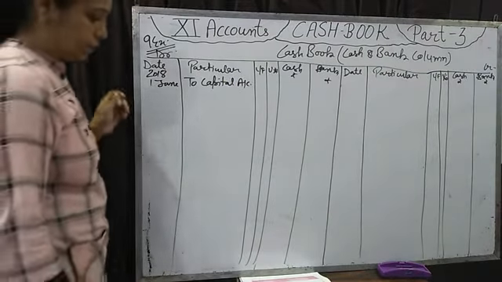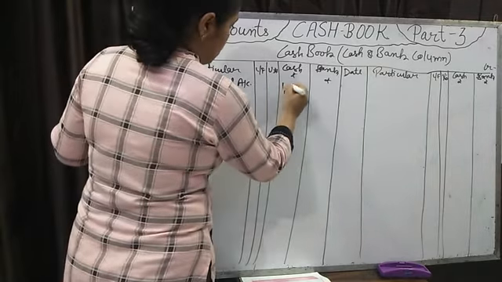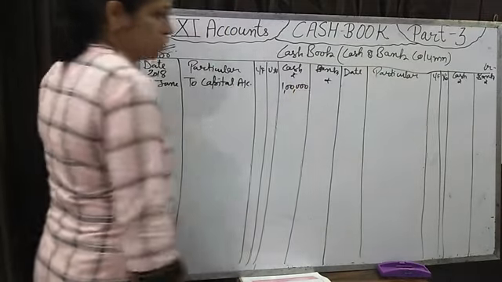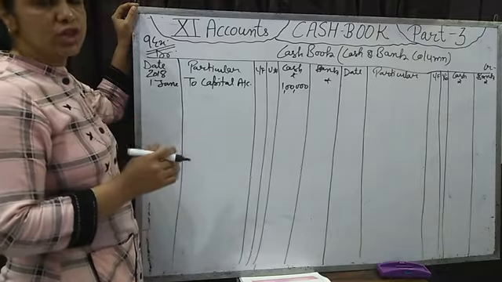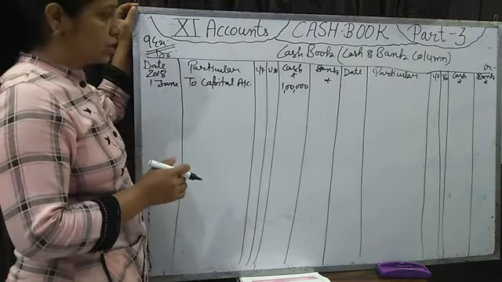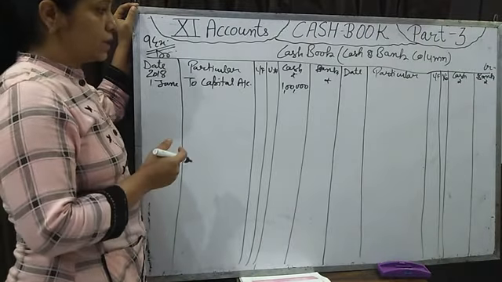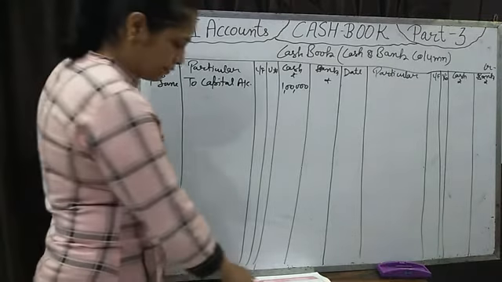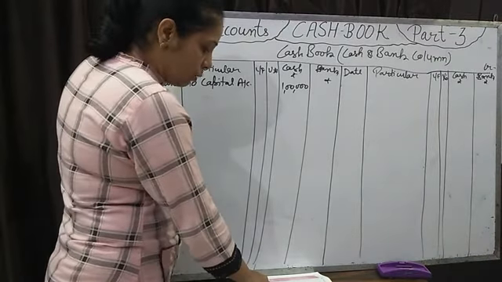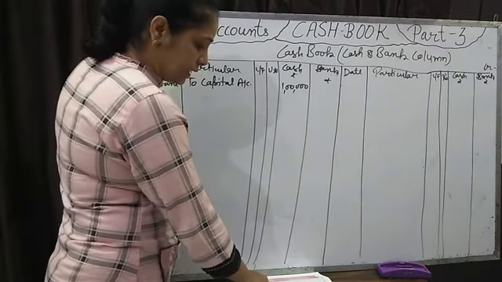So we will write the capital account. The amount we will write in the cash column because money is coming in cash. If a cheque is coming, it will be mentioned to you. If nothing is mentioned about receiving in cash or cheque, it is understood that we are receiving in cash. Now, 2nd June: open a current account in Central Bank and deposit 80,000.